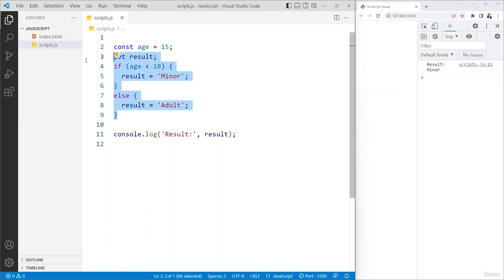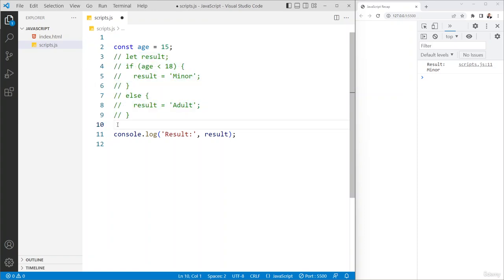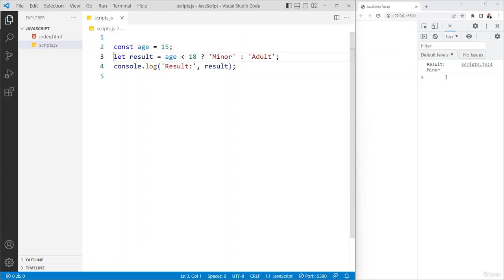So instead of creating a long statement like this, I could simply create something like this structure. So I'm going to create a result based on a conditional and a value if it's true or if it's false. So as you can see, I have for my conditional, I want to test if age is less than 18. This is going to be my conditional. Then if this conditional is true, I want to return this value minor. And if this is false, then what I want to return is this adult. I can get rid of all of that, and if I save, you can see that the result is the